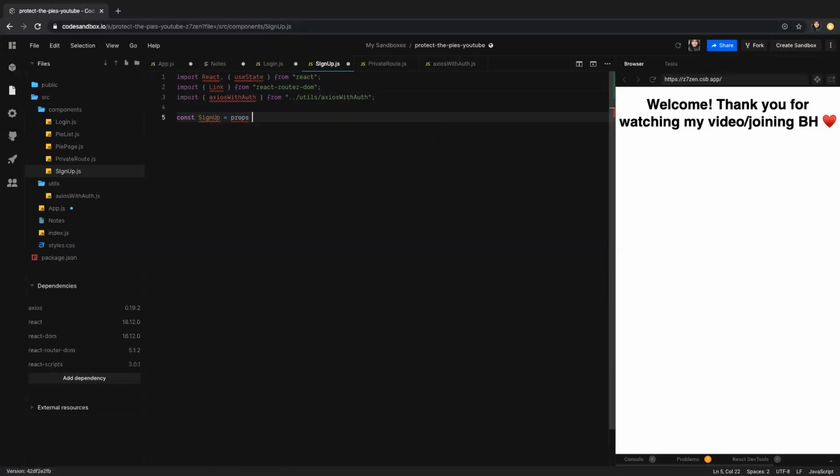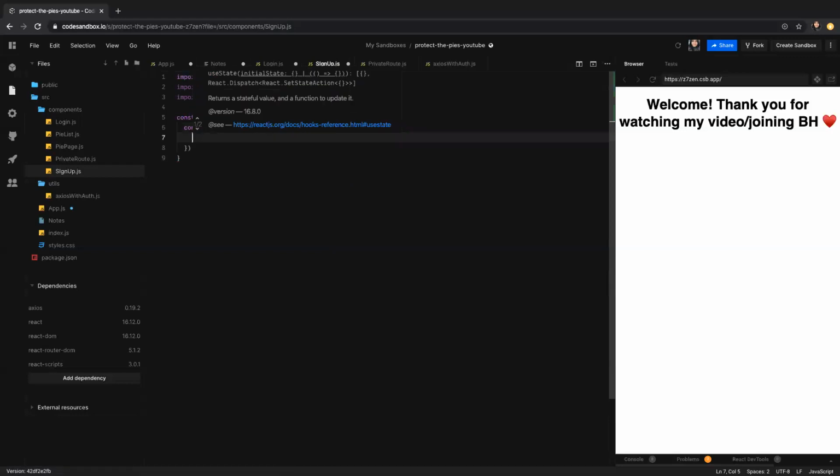And then let's pass in some props. And then in here, we're going to make our initial state as well. We're going to say sign up info, and then I'm going to say set sign up info. That was terrible. Okay. So now that we have our initial state set up here,